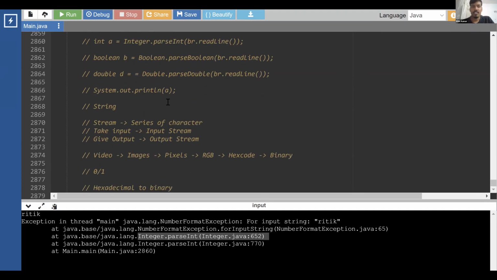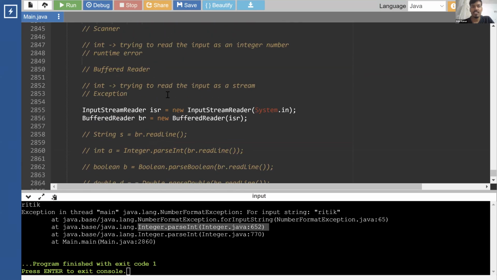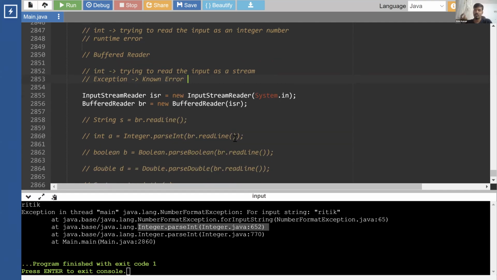So, okay, I'll write it over here. So what is an exception? Exception is similar. The simplest definition I can give you is a known error. So we know that if we try to do this operation, this thing might go wrong. If we take a string and try to convert it into an integer, it